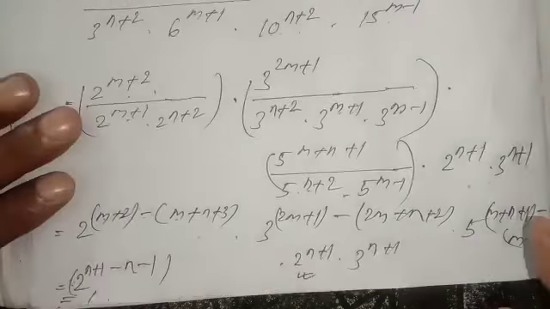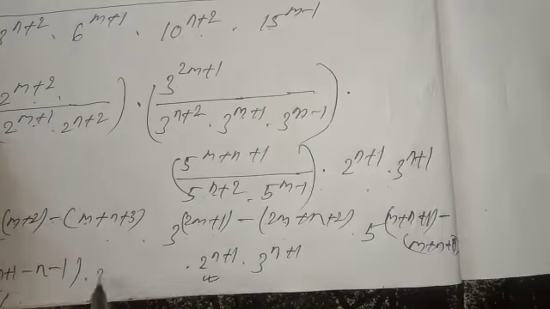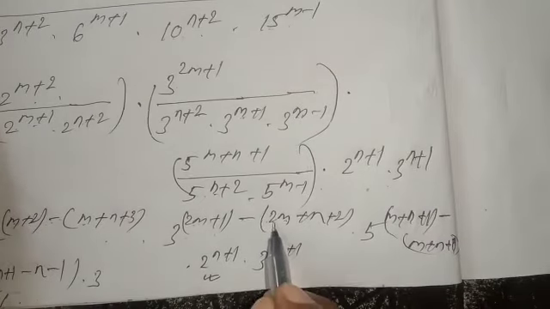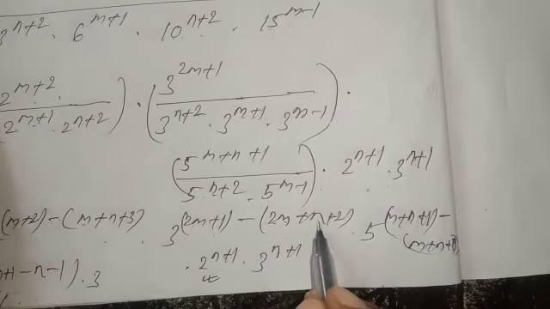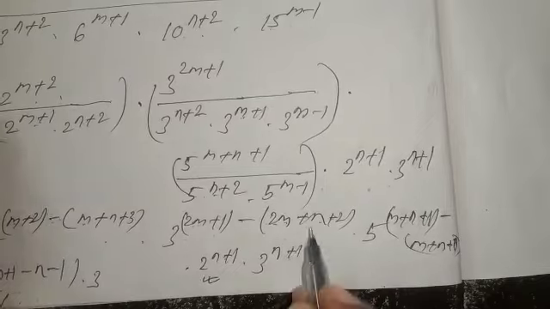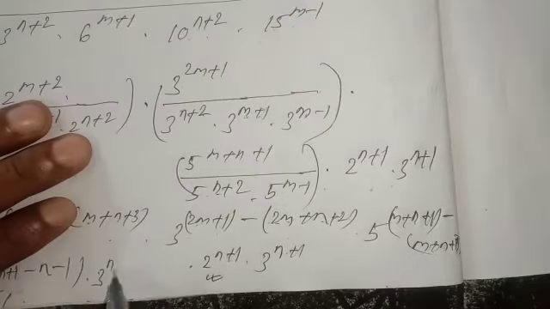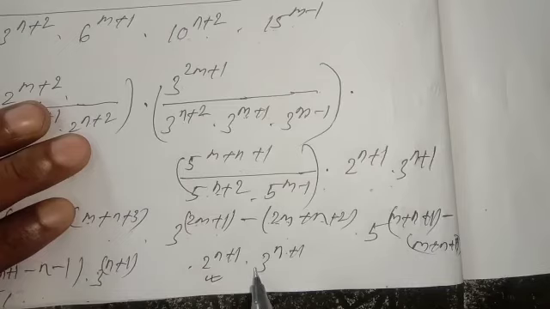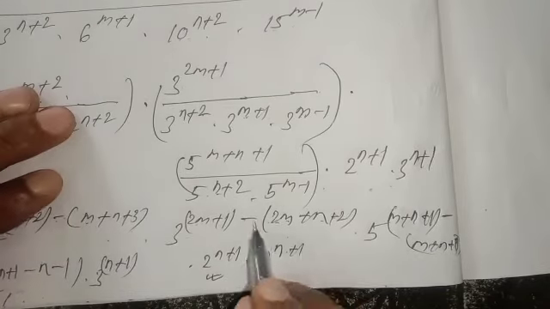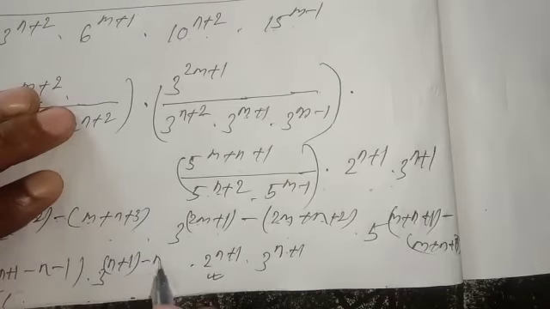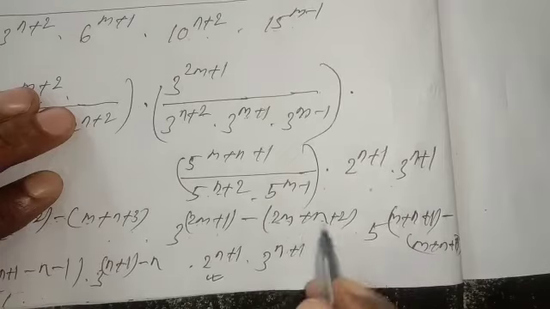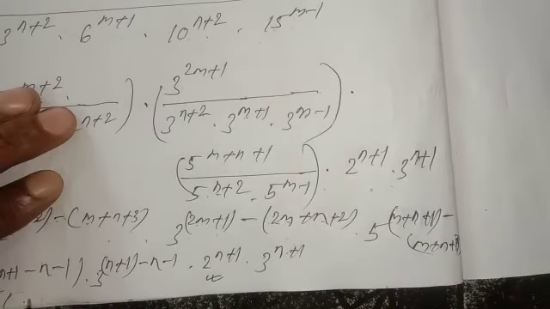Next, to see 3 to the power 2m. If I open the bracket, 2m minus 2m cancel. This is minus n. 3 to the power, and this is n plus 1. Power is added, n plus 1, and this will be minus n, and minus 1. Here also 3 to the power 0 means 1.